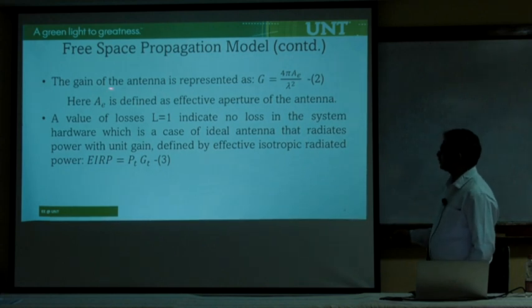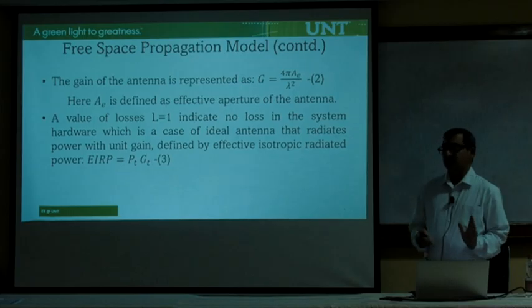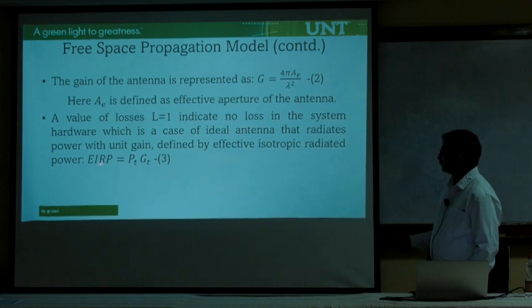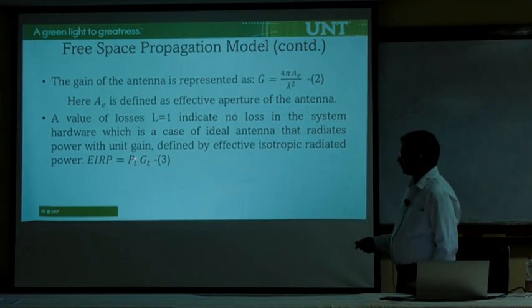And this is a little more detail about the gain of an antenna, that depends on the effective aperture of the antenna. And then we said L equal to 1 indicates no loss in the system hardware. So we talked about L before. If you set L equal to 1, that means you're ignoring any system level or hardware losses. There is also another term called EIRP. EIRP stands for effective isotropic radiated power, and that is equal to transmit power times